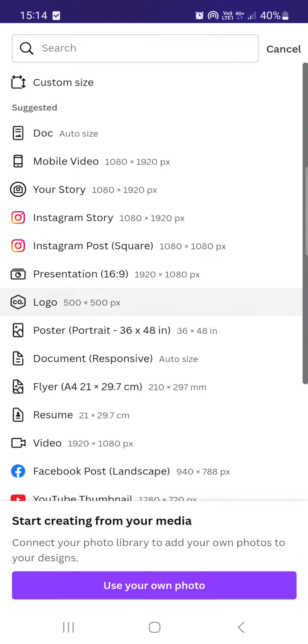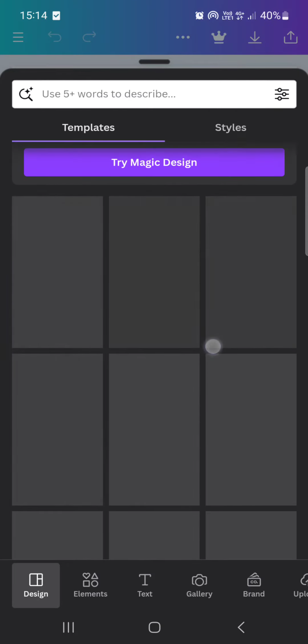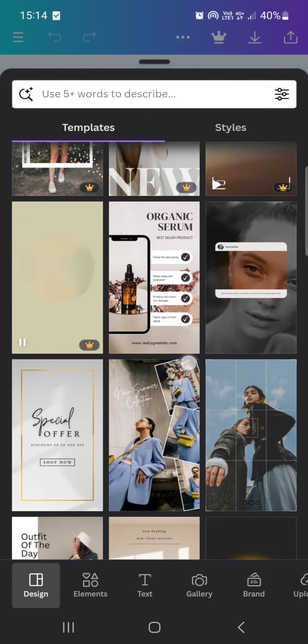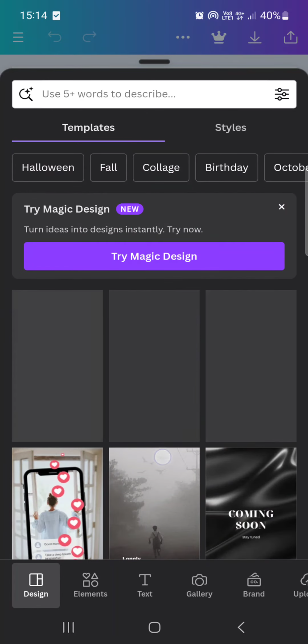that we can create. But at the top of the list, we find your story here, the third from the list. If we tap on this, then the Canva app is going to load, and in a short time, we will get a canvas that we can edit and create a story for our Instagram or for our other social